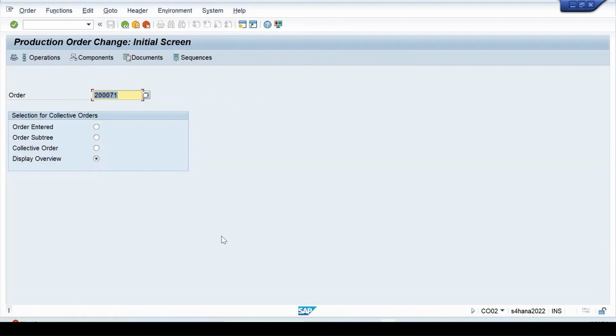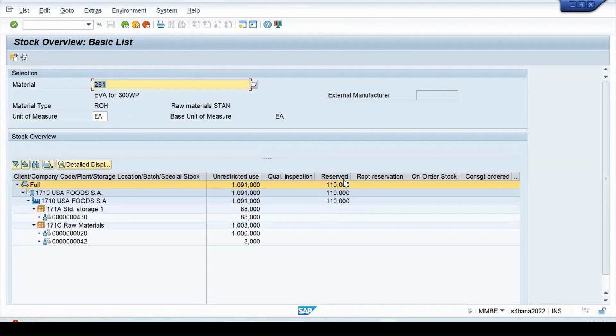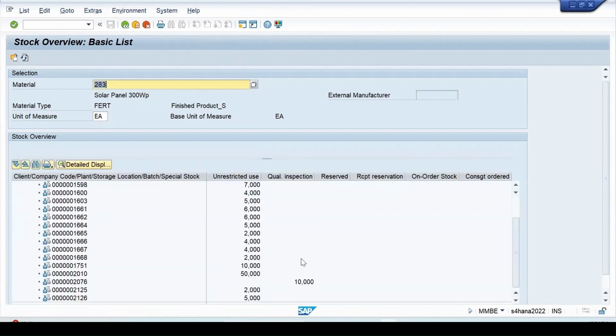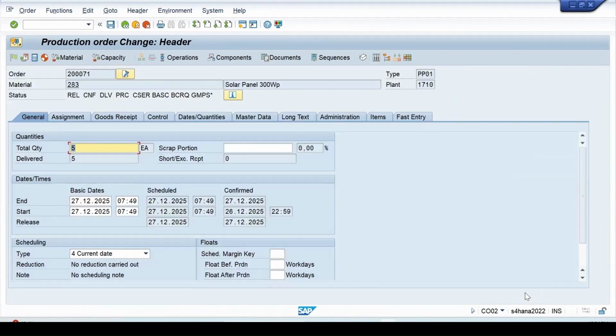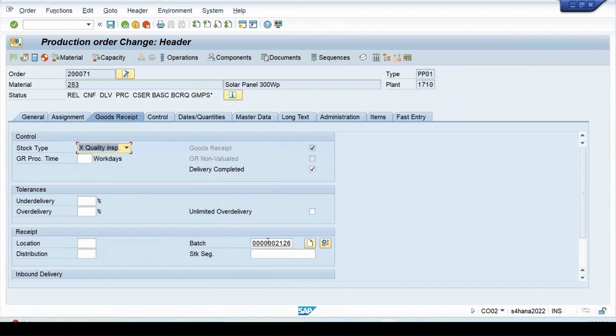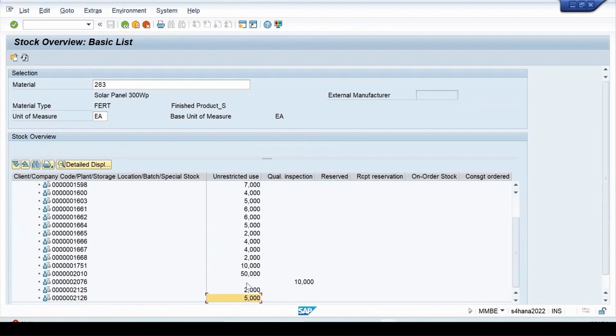Let's save it. Report. If I check for the material 283, let's click on new selection. Batch number is 2126 with the quantity 5. If we check in the production order, the batch number is 2126, which is now in the unrestricted